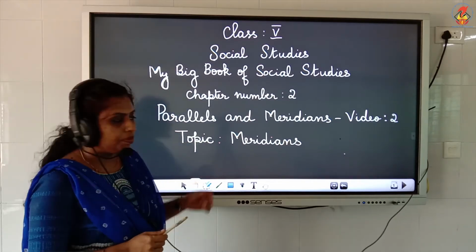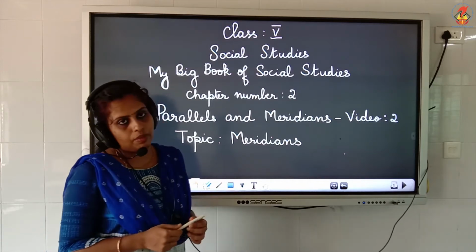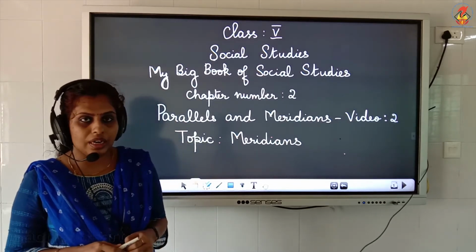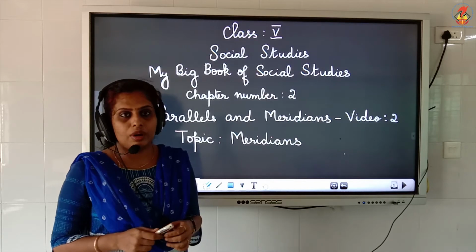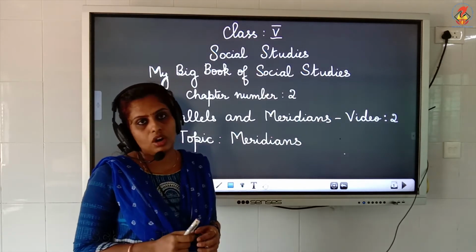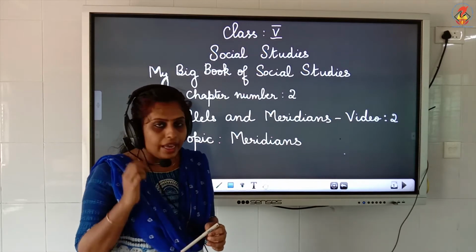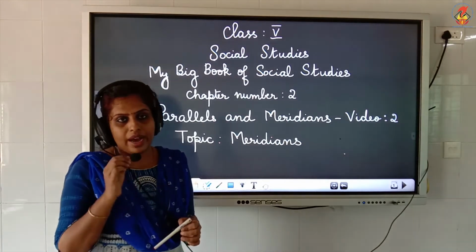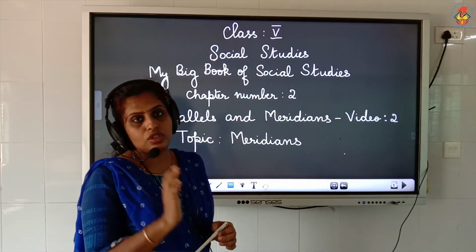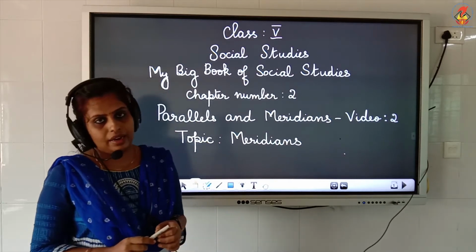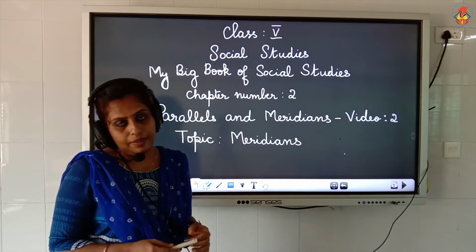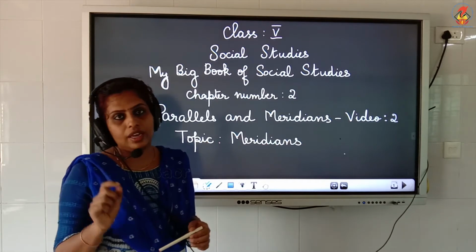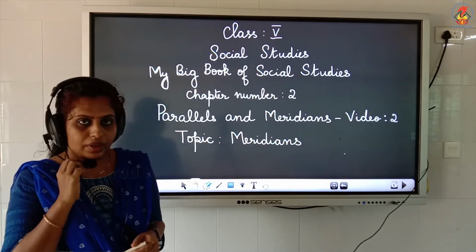Today we will deal with the topic meridians, but before going to this topic, let's revise what we have learned in our first video. We learned about the imaginary lines, right? We learned about the imaginary line that passed through the center called the axis. And the end points of the axis were named the North Pole and the South Pole. The imaginary line that runs from east to west was called the parallels. And we said they are a set of complete circles. And we learnt about the parallel which runs through the middle of the earth's surface, that is the equator, right?